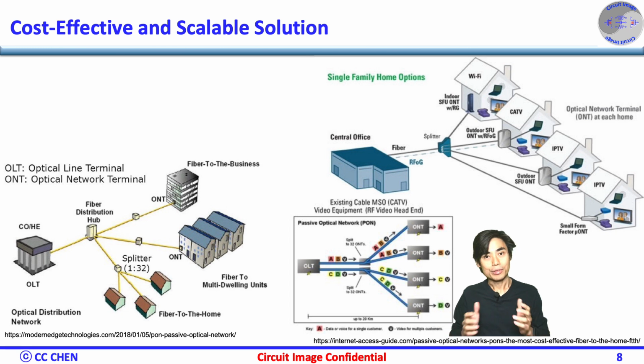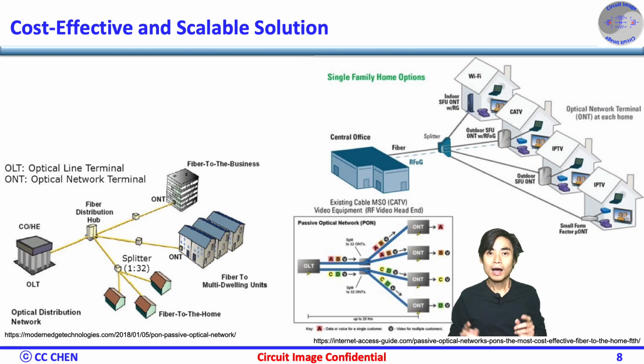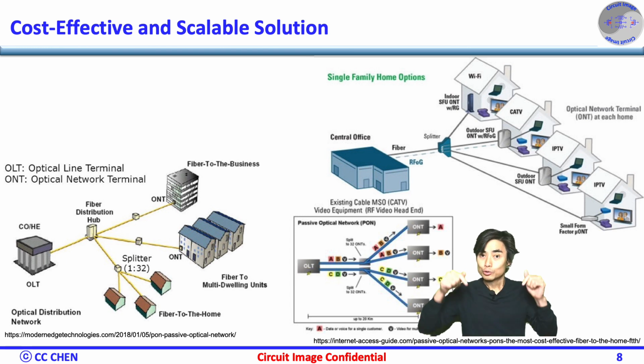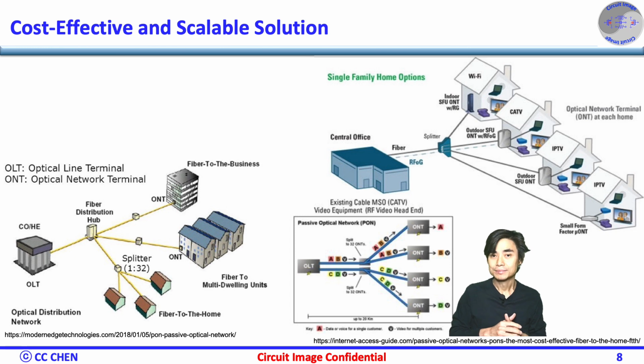When combined with SerDes technology, which enables high-speed data conversion, PON further reduces the need for multiple data paths. This makes PON-based SerDes systems more scalable and easier to deploy than traditional point-to-point fiber connections, which would require more